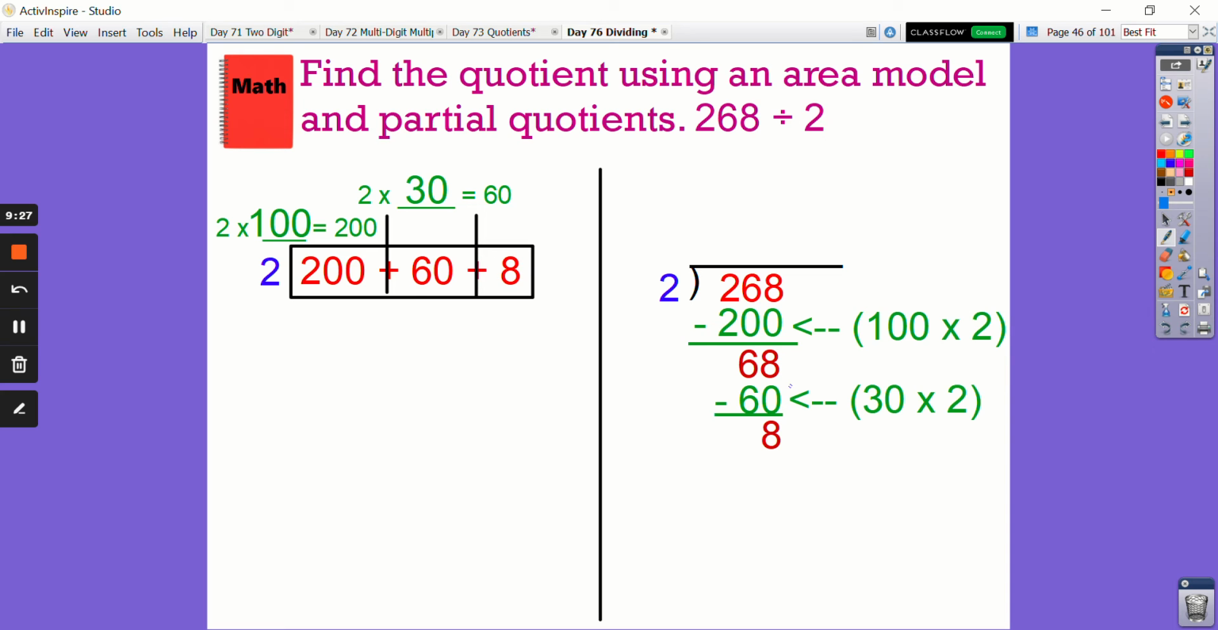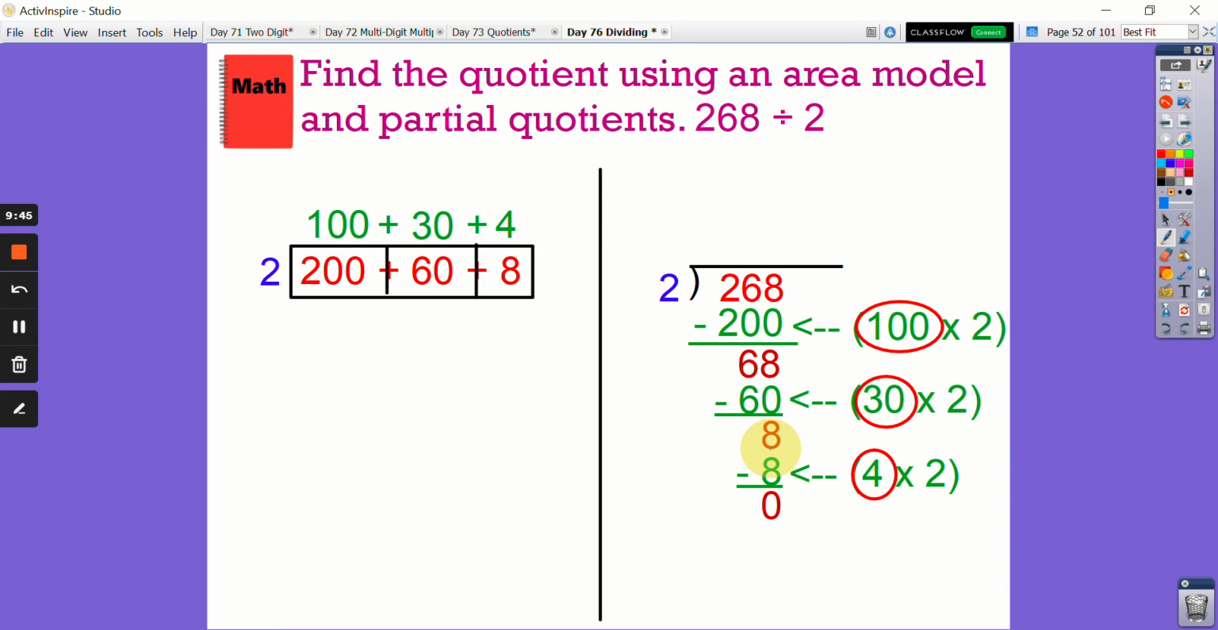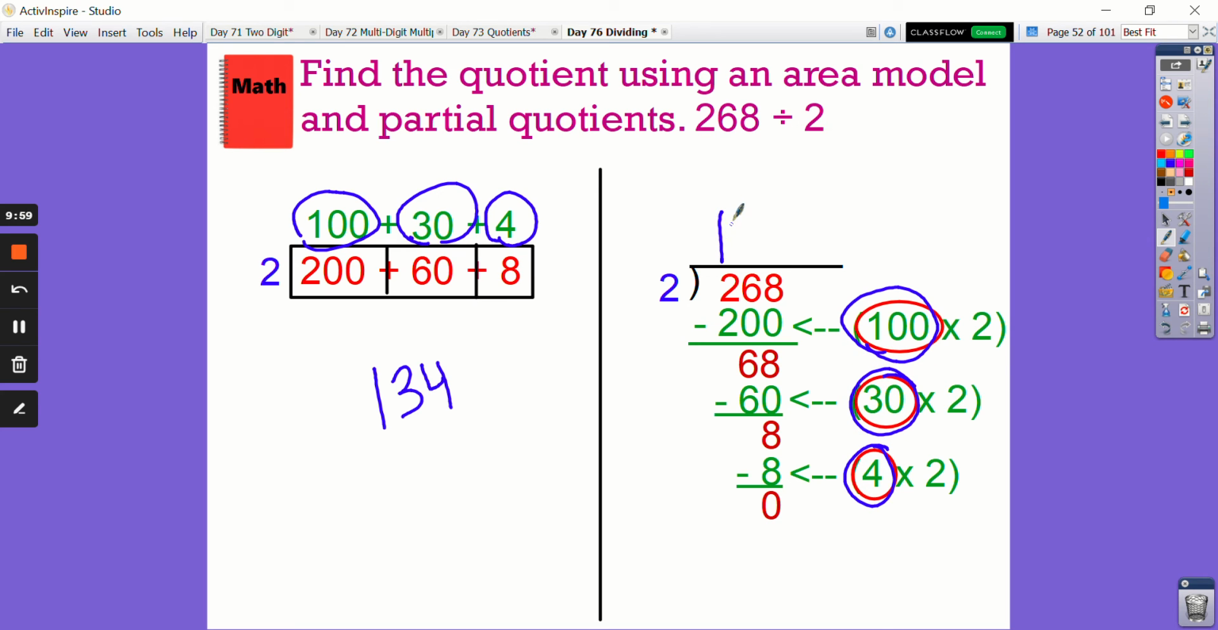Back to our area model, 2 times what is 8? Hopefully you're thinking 4. So we can pull out 8 again from our partial quotients. And we know in parentheses that's 2 times 4. So same thing here. On our area model, when you add up 100 plus 30 plus 4, you get 134. When we look at our 100 plus 30 plus 4, we end up with